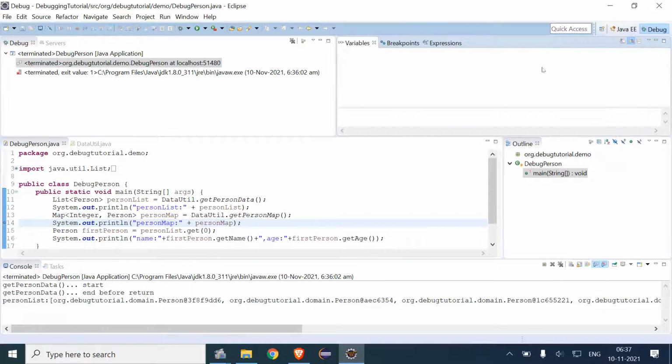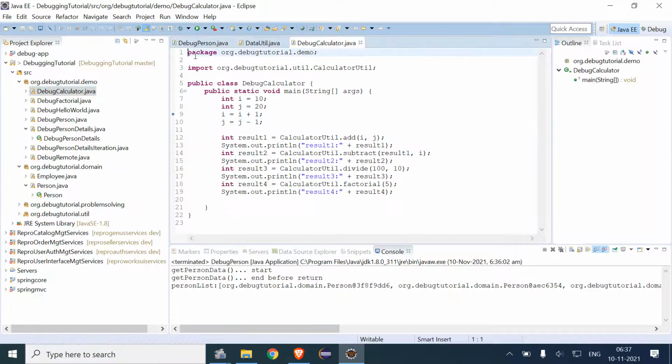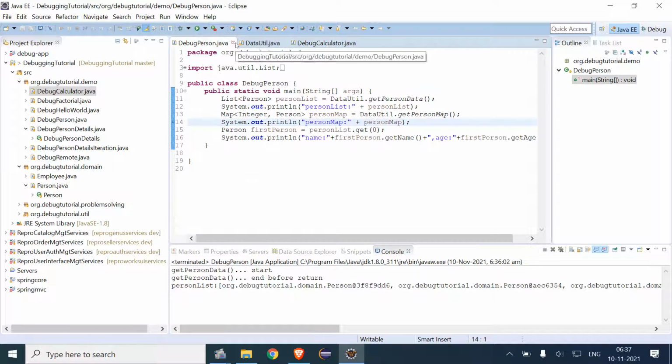So now I will just terminate this program and I will come back here. I will try to open, when we can open the program debug calculator.java and we can use this program.